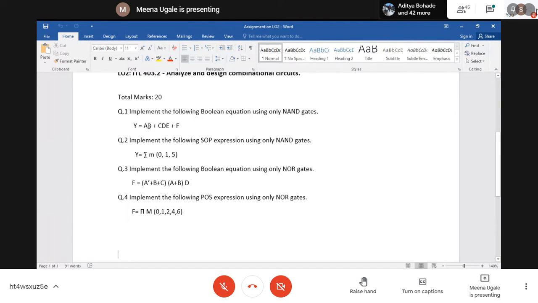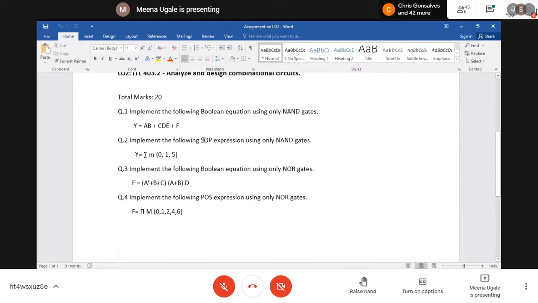Now if you see AB and then plus, plus is for OR gate, AB is for your AND gate. So AND and OR gate can be used for this. But the question here is asked only using NAND gate. So NAND gate, you know, is a universal gate. So using this NAND gate only, you are supposed to design this equation. Just see what kind of diagram you will get and how many gates you need to use for that.